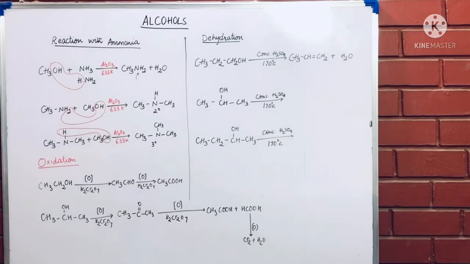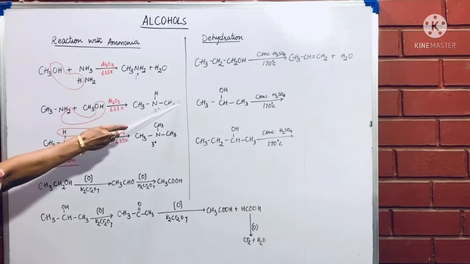Okay, see the next reaction with ammonia. Ammonia, I told you, can be written as HNH2. So H and OH form water. So CH3NH2 plus water is formed. Similarly, this compound continues reacting with the alcohol, and every time from the amine, this was primary amine, from this amine, H from here and OH from here forms water. So every time you'll write here plus water.